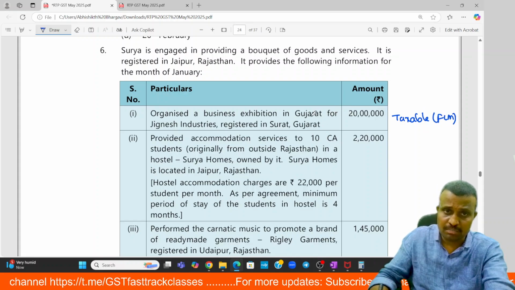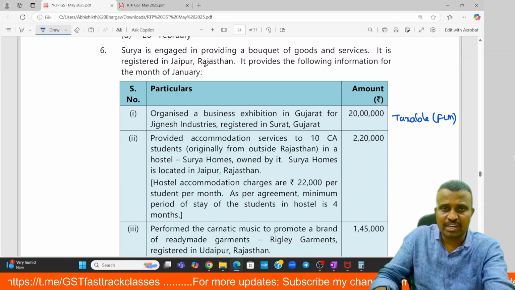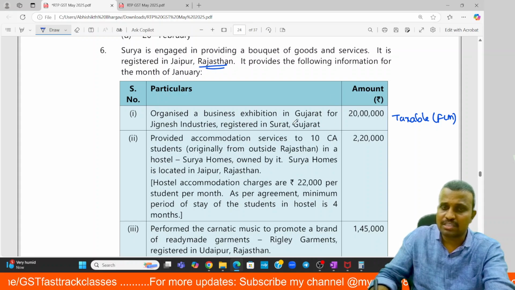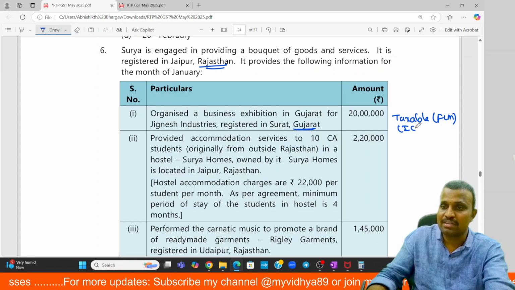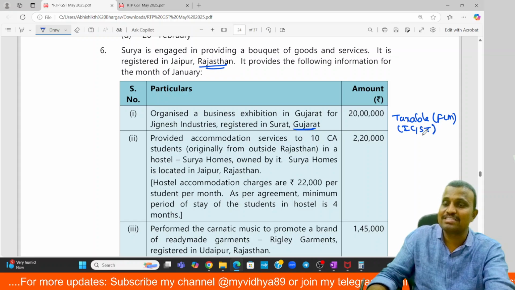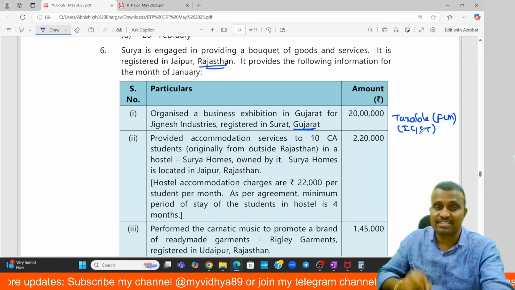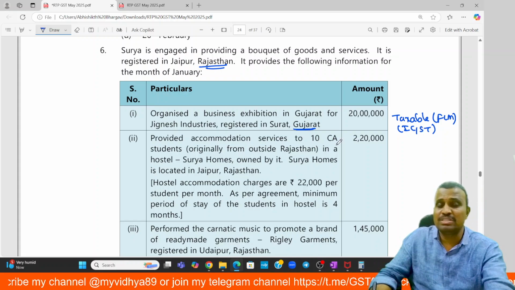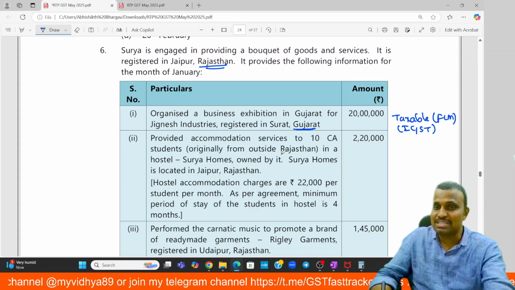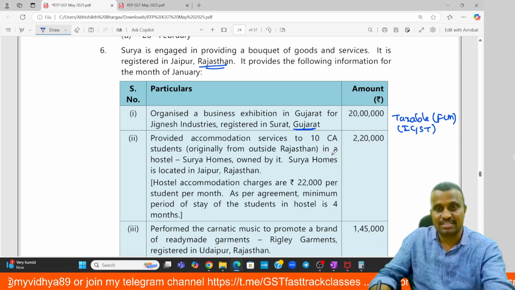under forward charge mechanism. Here Surya is located in Rajasthan and the supply is made in Gujarat. So it is an interstate supply. So we have to levy IGST. And the second one, provided accommodation services to 10 CA students, originally from outside Rajasthan, in